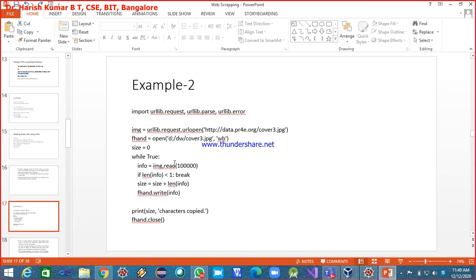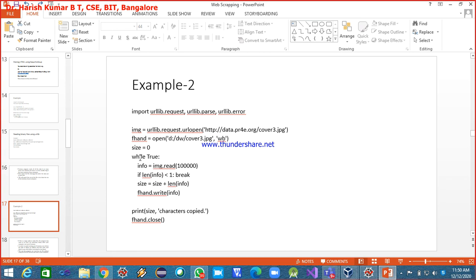You have to do the checking before saving it. So what we are doing: I open the URL containing cover3.jpg using urlopen. Then I open the file cover3.jpg in wb mode, and I get the file handle.